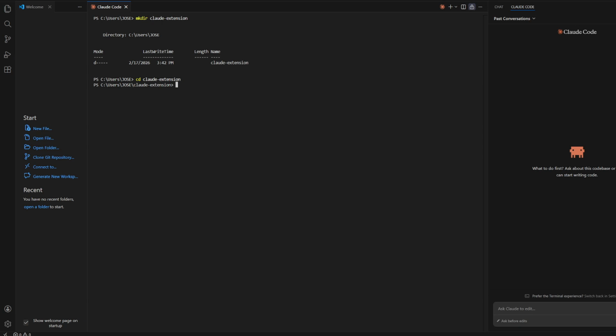Now, it's time to write the JavaScript for popup.js. In this file, add an event listener to the button with the ID askBtn. When clicked, the script fetches data from the API using the provided prompt. Include headers for content type and your API key. Ensure to replace your_claude_API_key with your actual API key. Keep in mind that exposing your API key in client-side code poses security risks, so consider using a backend proxy